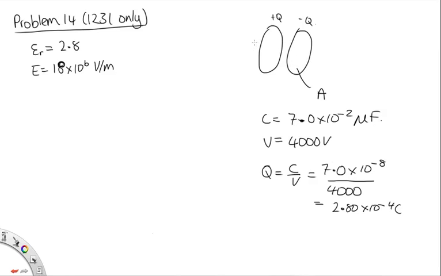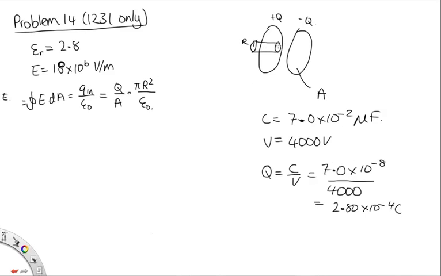Now we need to consider the electric field. Let's consider it just for one of these plates to start with. Using Gauss's law, we have E dot dA is equal to Q enclosed over epsilon naught, and the enclosed charge in this case is Q over A times, if this has a radius capital R, pi r squared, and then we've got our epsilon naught, and this is equal to, we've got a constant electric field, so that's E, and